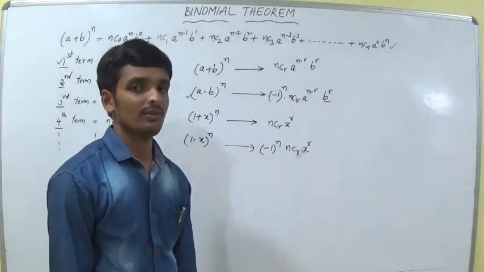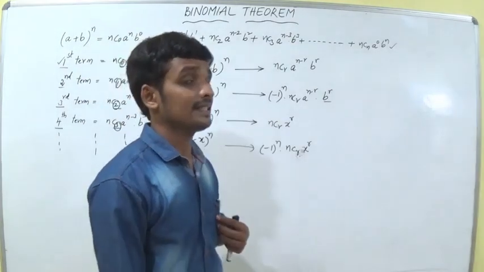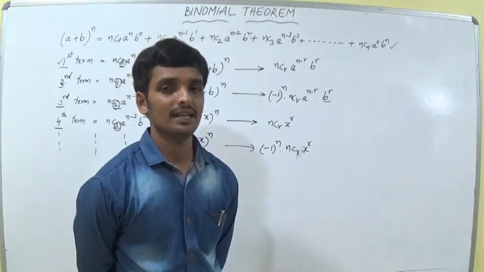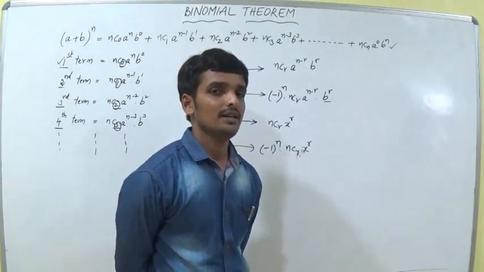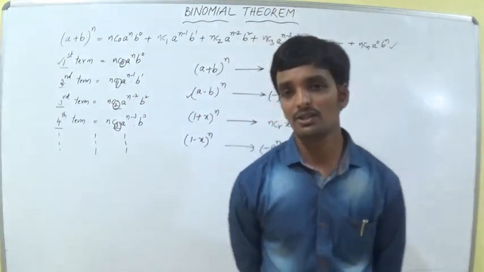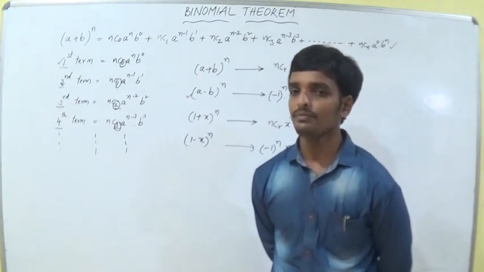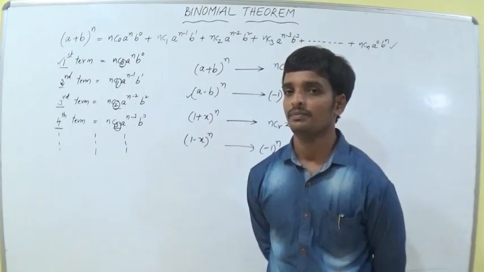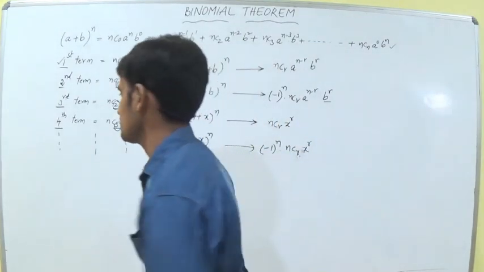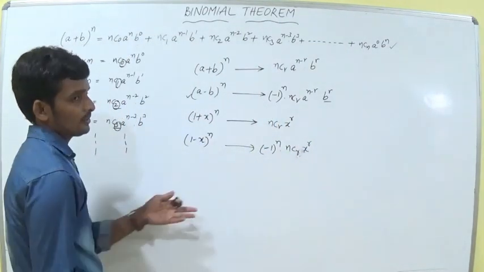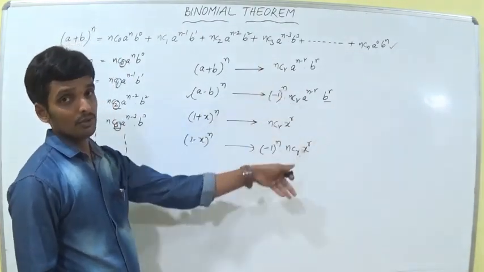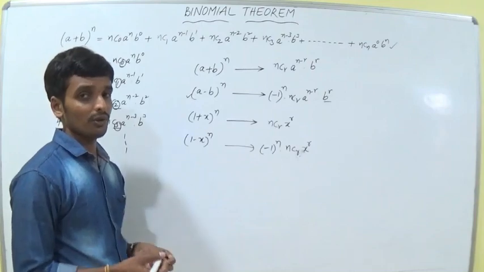What is the general term in the binomial expression? T(r+1) is equal to nCr a to the power of n minus r into b to the power of r. Are you okay? Shall we do the problems in this method? And one more important point, so you can understand what I asked in the questions before. I asked some questions. I wrote (3x minus 2y) whole to the power of 10. What is the fifth term?